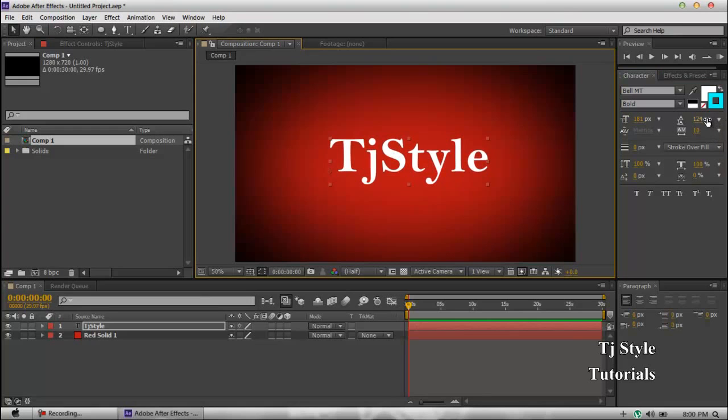The next one we have is set the leading. For explaining the leading, I need to put in some more text. If I want to add more to this teacher style layer, I can go back to the text tool and click anywhere in the middle. Right now you will not be able to see it